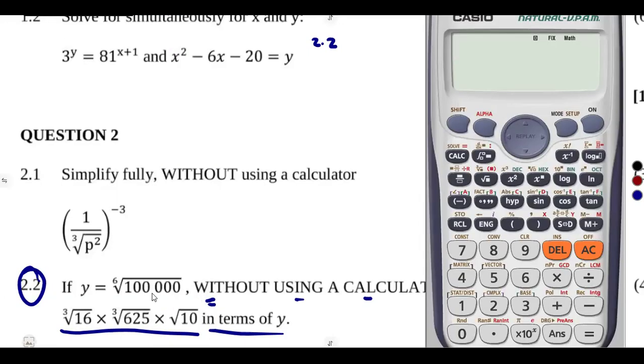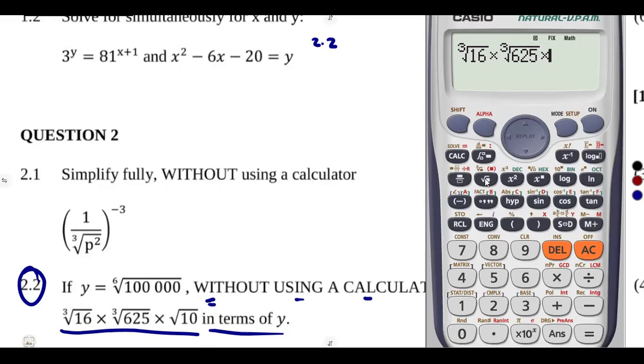Is it 2 or 3? We see. So is the cube root of 16. We are asked not to use a calculator, but we want to see the answer so that you'll be sure about your answer at the end. The cube root of 625